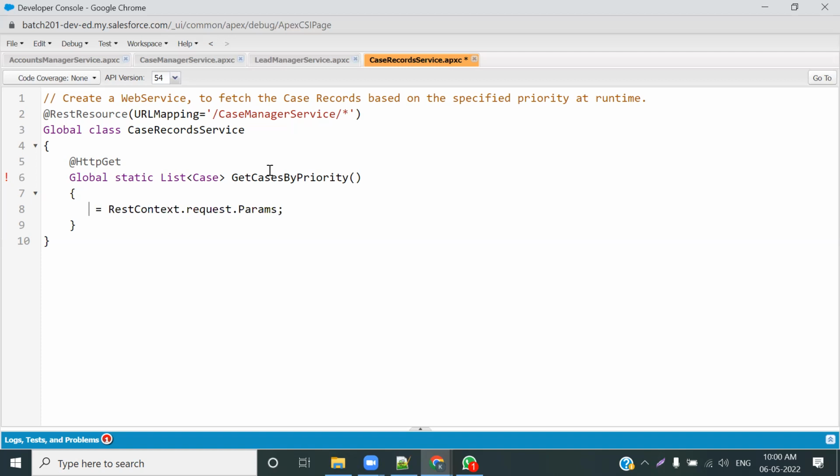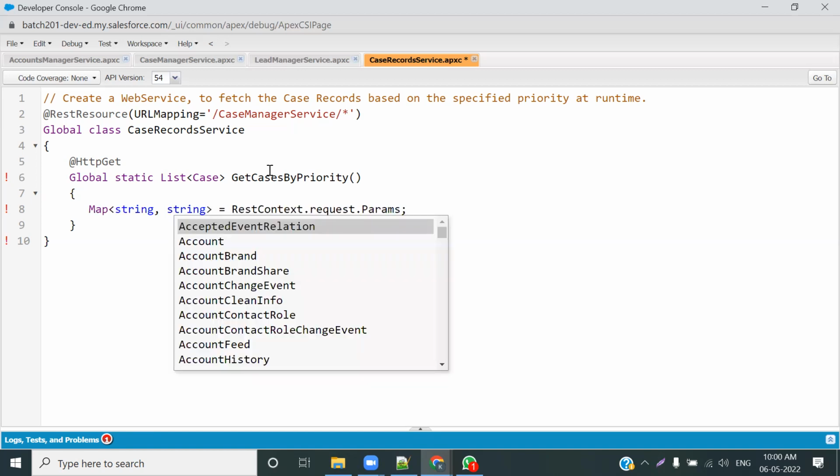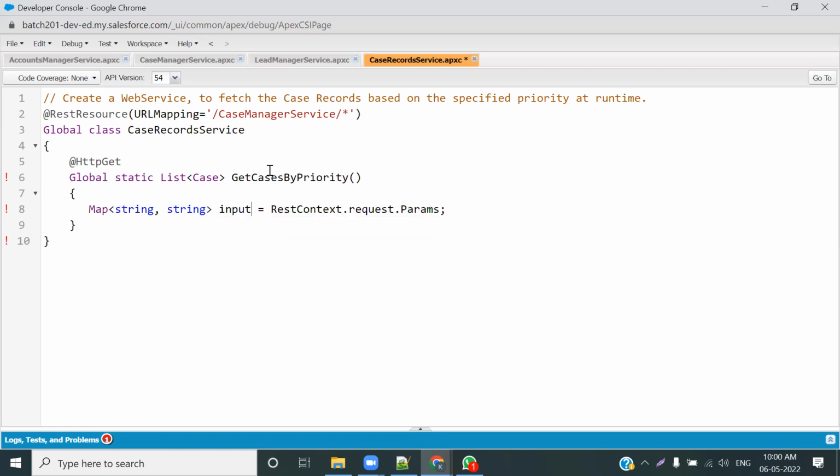ठीक है, and I wanted, अभी ये जब params आता है तो param क्या होता है, param is your map collection, param is always a map collection, you require to store it inside a Map of String comma String. ठीक है, Map of String, String, give any name, like usually I give this name inputParams, ठीक है। तो इससे मैंने क्या किया, I collected the parameter, जो भी उसने parameter web service अपने साथ लेके आया, that I have collected, ठीक है।